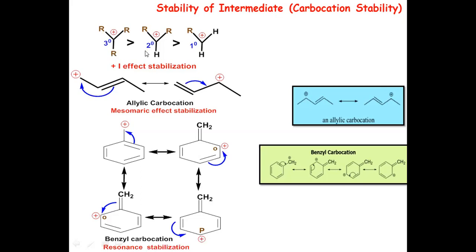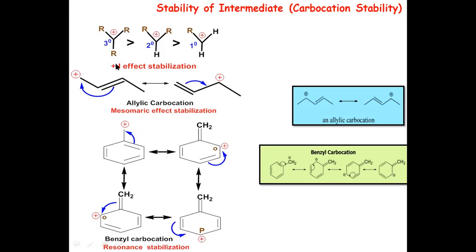All these are sp2 hybridized planar species, and it is observed that tertiary carbocation is the most stable carbocation. If I compare with secondary, secondary is less stable as compared to tertiary, whereas secondary becomes more stable as compared to primary carbocation. Which factor stabilizes? So it is found that we know that R group has a tendency to donate electrons through